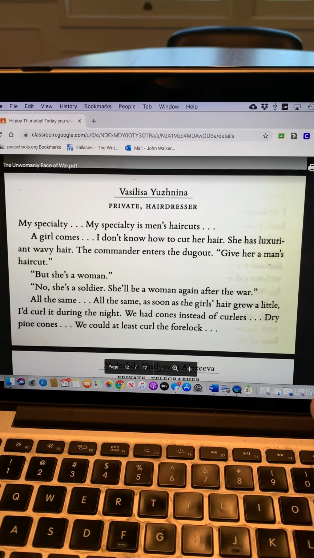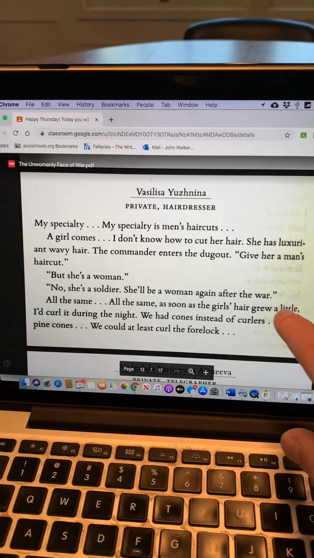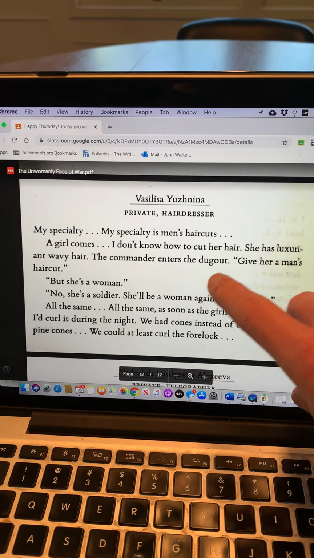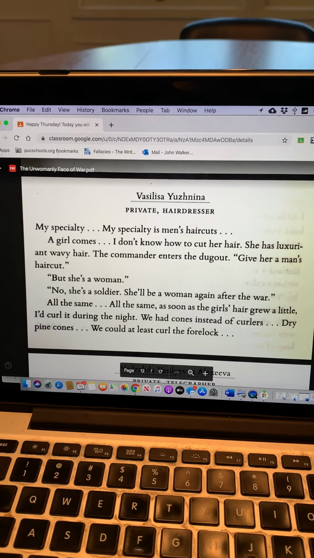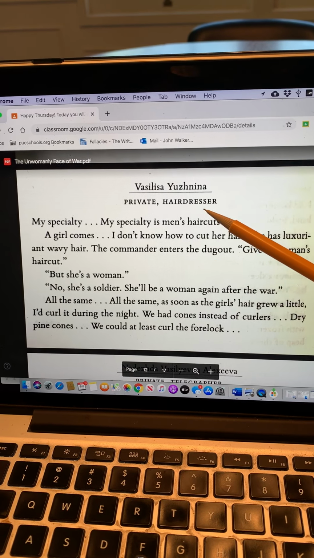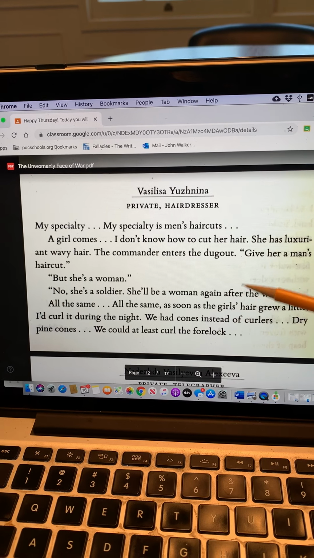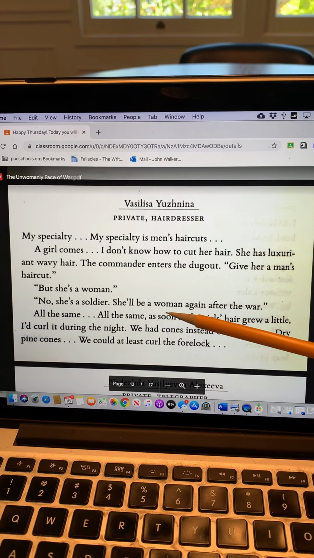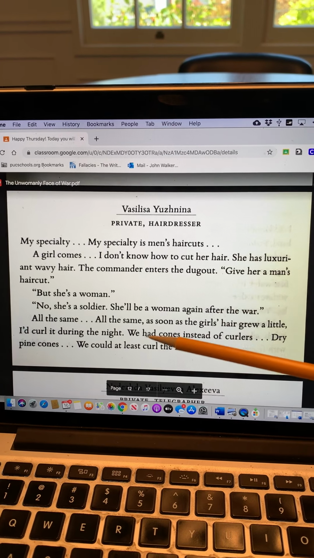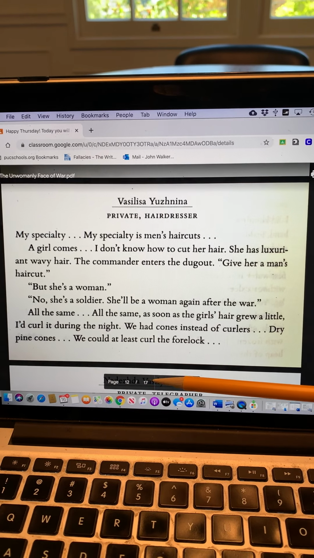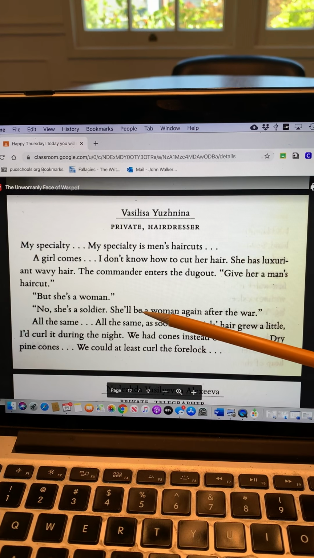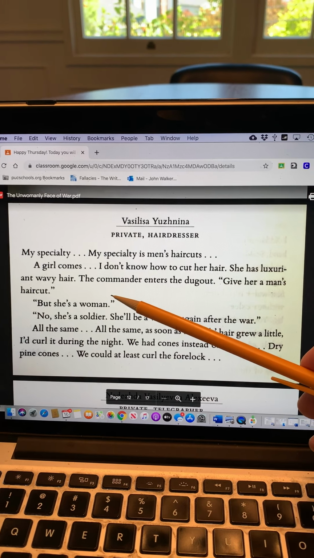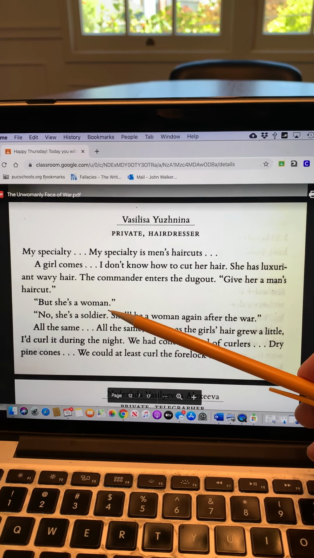And so what is a change and what's a difference? Well, what's a change here? What are women doing? Are they just hairdressers? No, here there's a change in women's roles. What's the change in women's roles here? And the expectations of women. What changes about women's expectation? Okay? And then what's the same? What is the same about women? Even though they're being told to change, that they're now soldiers, and that they're supposed to have short haircuts, and their hair gets cut short.